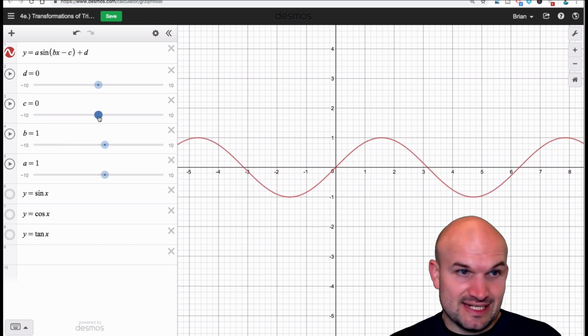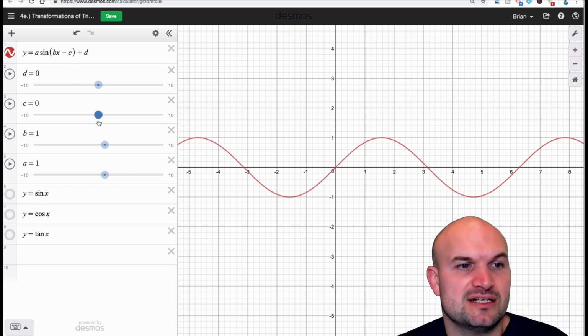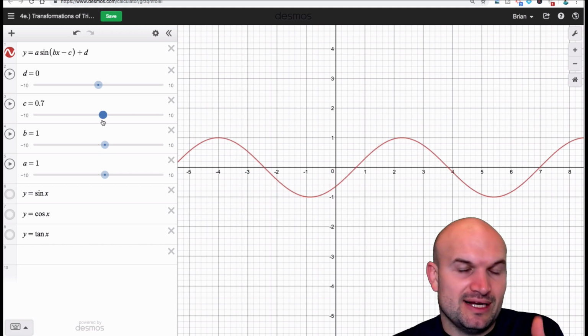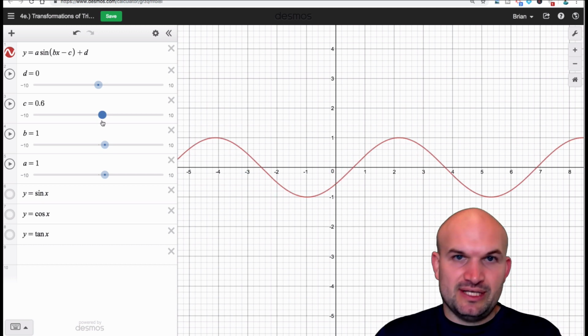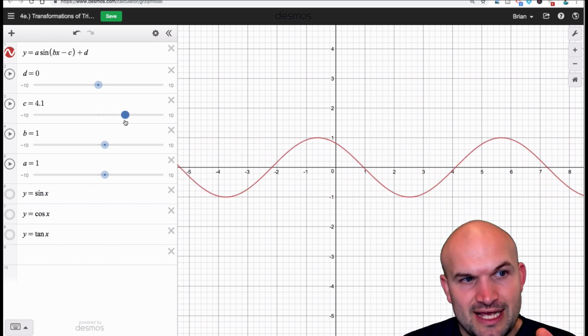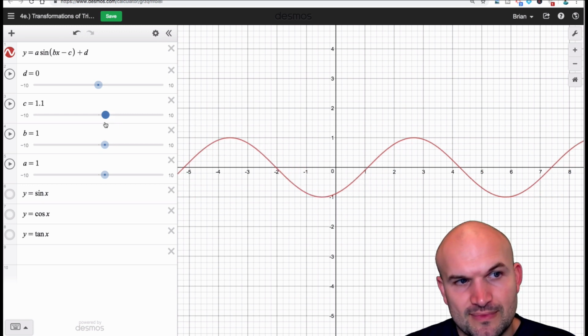Now let's go and take a look at C. Remember, C is going to be our phase shift to the right. And again, what I talked about, you can see as the numbers get more and more positive, right? Now this one sometimes gets confusing, and that's why I'm going to give you some techniques to understand this, because you can see this graph is being shifted 1 unit, right,